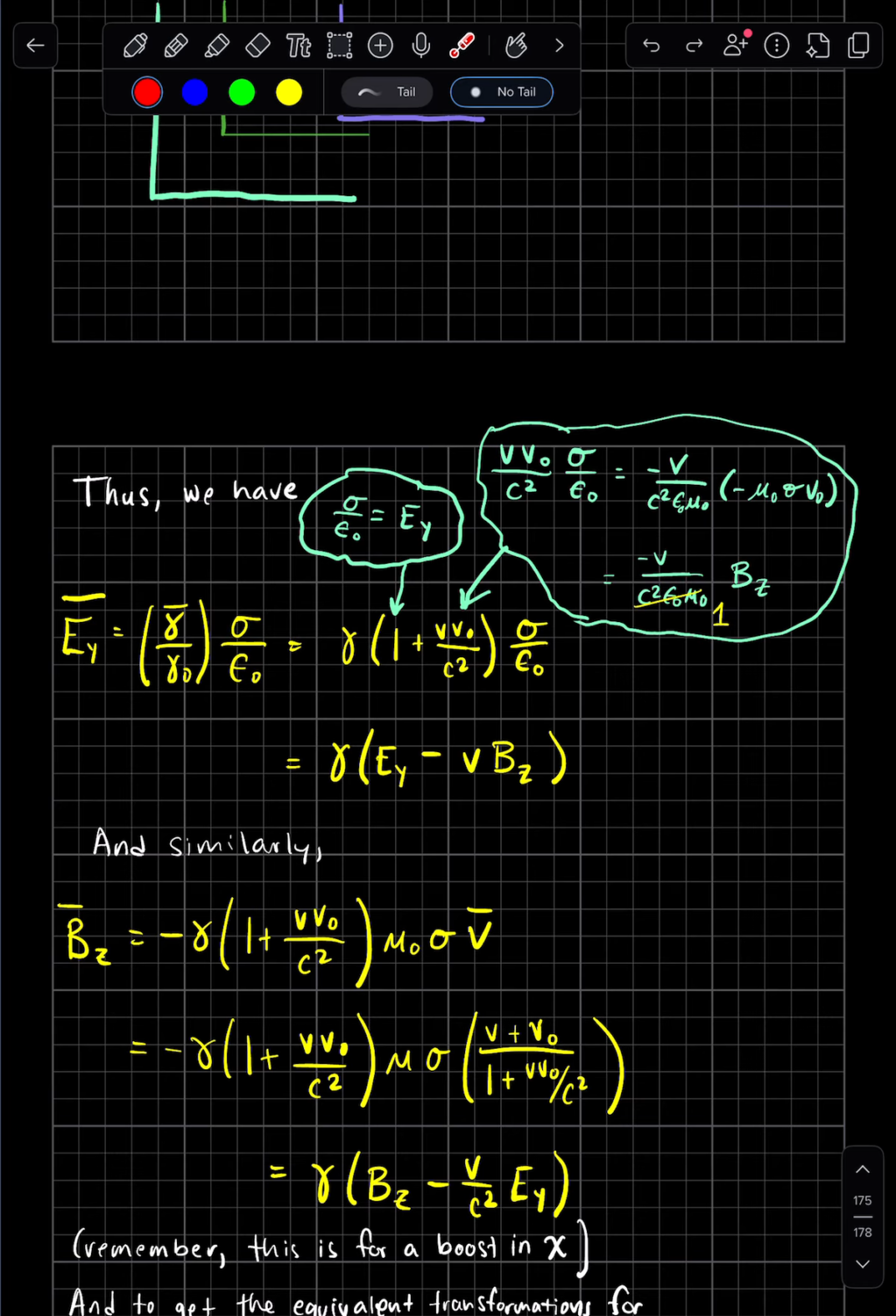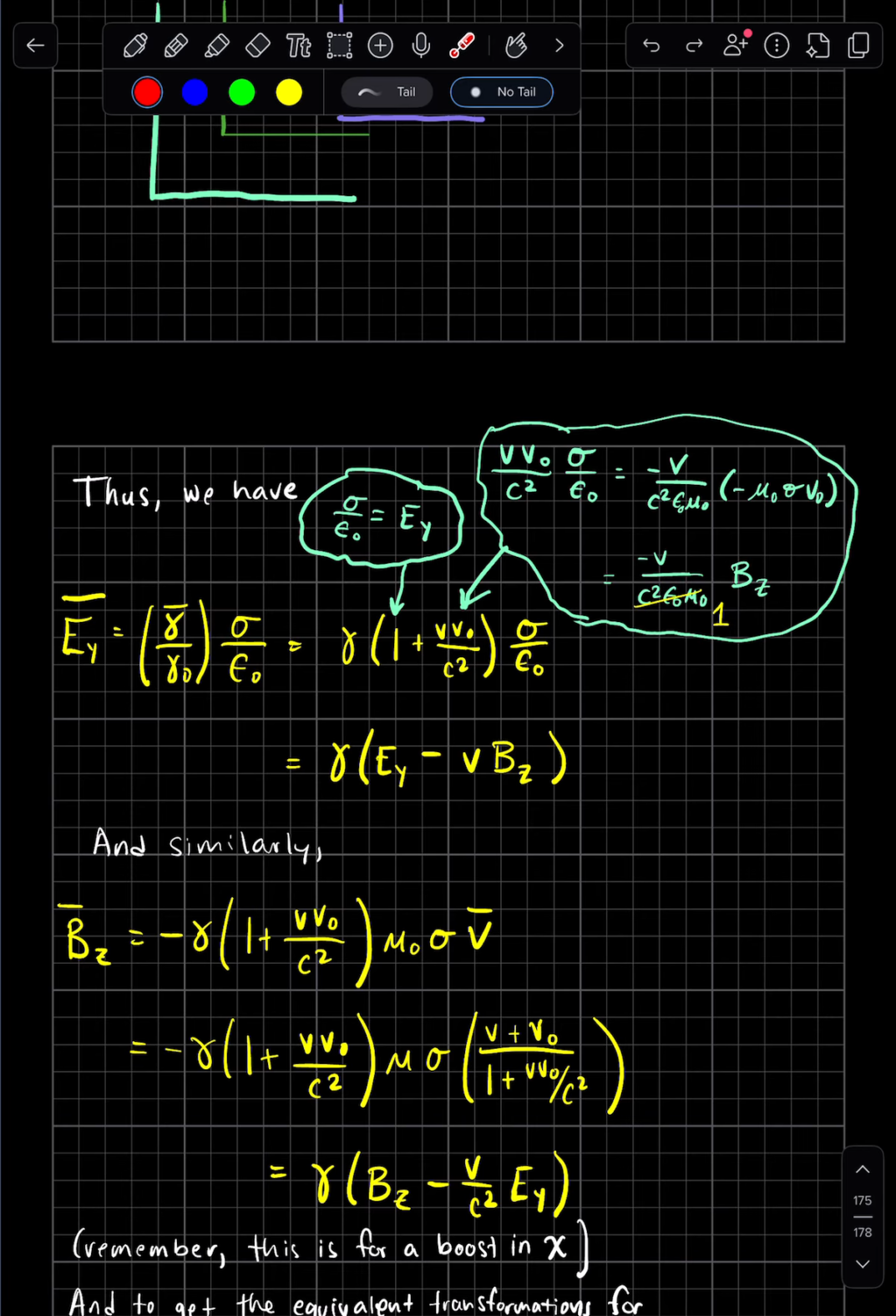Now, I want you to think about what this says. This says that the new E field in the y direction is equal to gamma times the old E field. That kind of makes sense. But minus v times gamma times BZ. So this transformation intermixes the E and the B fields. Again, you can think of this as a rotation, except it's super complicated because it's a tensor rotation. But it's a